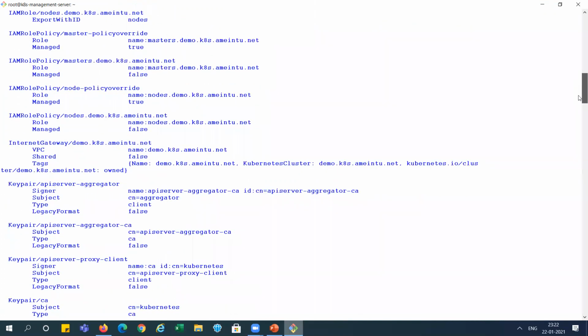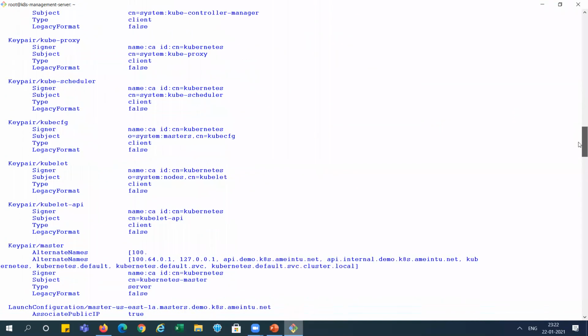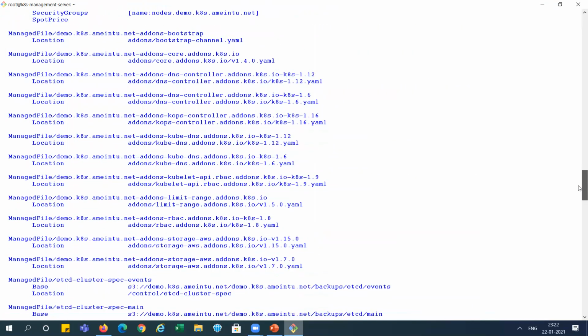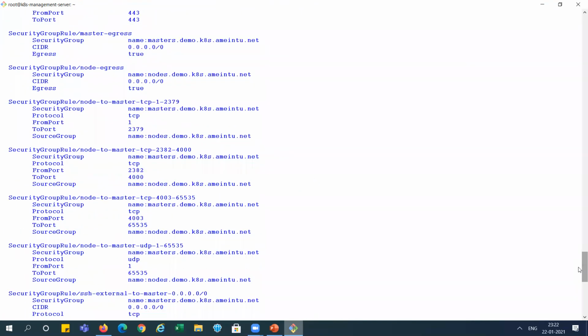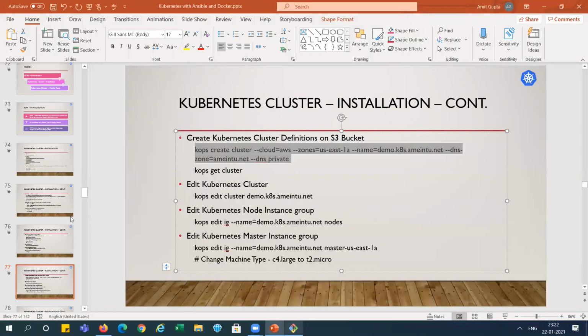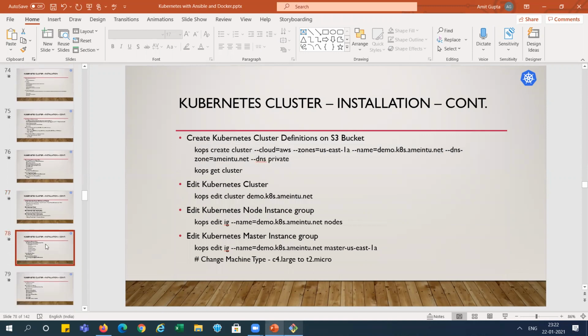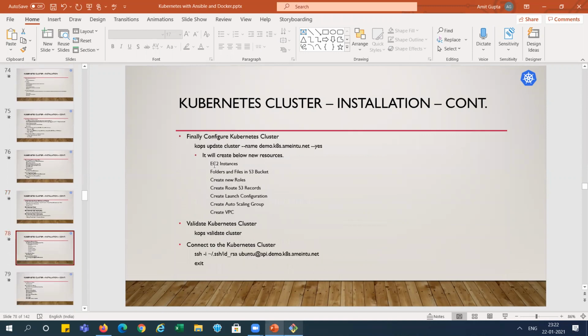And you can see it is key pair, everything it will create, right? So just you can check it out. All those things are there. I have listed out the things which it will create when we run the final command. It will create these things which I explained earlier, same thing.